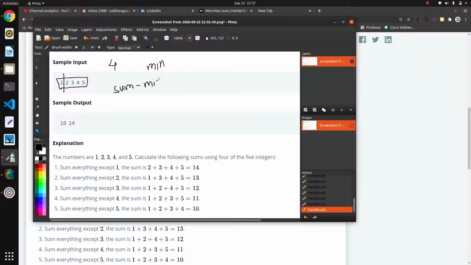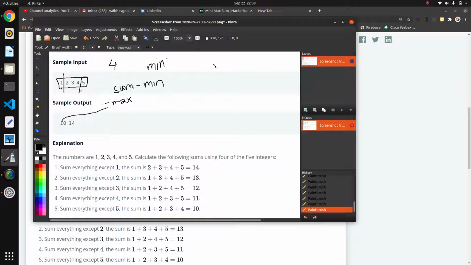Using this I will find the maximum sum. If I subtract the maximum number from the sum, then I will get the minimum sum.